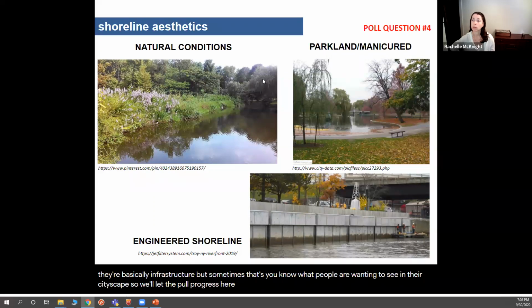We've got people answering steadily, so thank you everybody for taking the time. Okay, so it looks like people are most interested in the parkland aesthetic, which includes some trails, manicured, mowed lawns, larger trees, and a combination of the qualities listed above, which I guess would include some of that nature aesthetic and parkland aesthetic. So that's awesome to see.